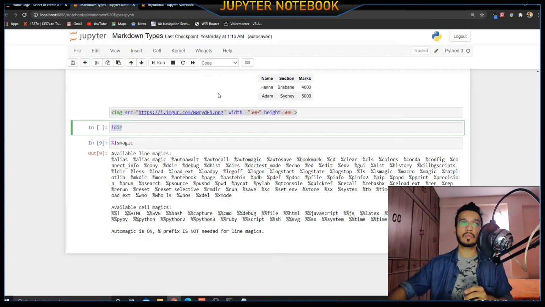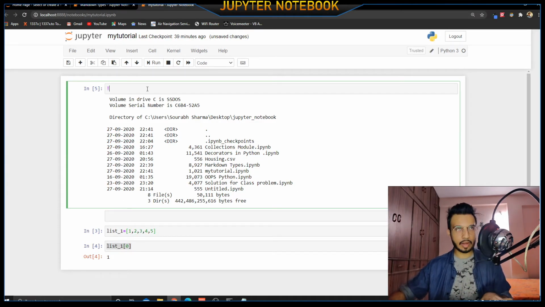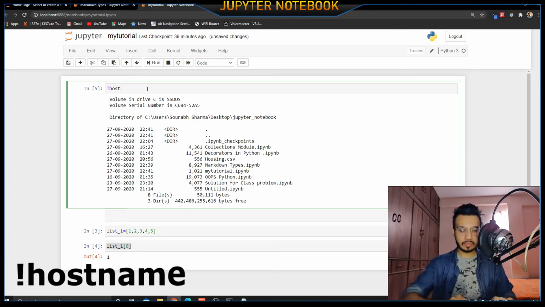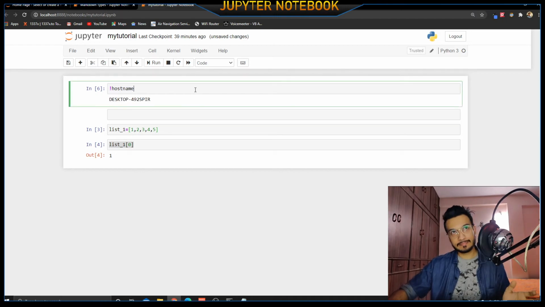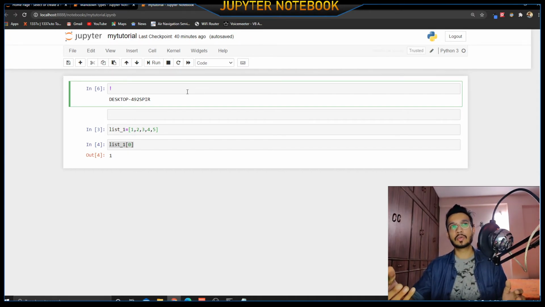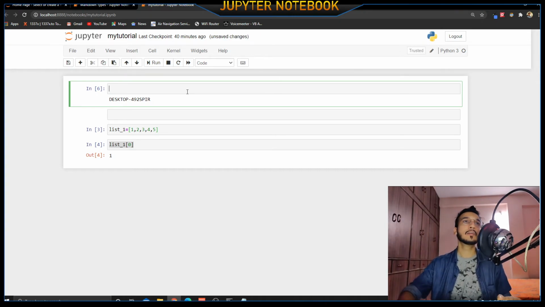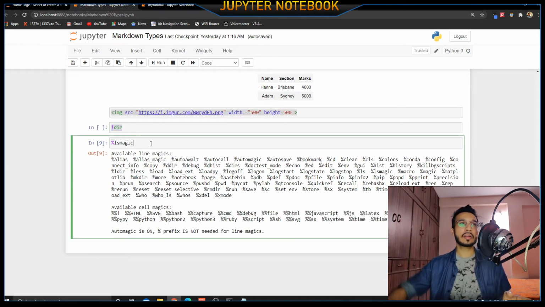We have something more than this. For example, let me just type another command, the hostname. If I type this, I'm going to get my desktop host name. So these commands are the legacy commands, and you can use any command you want. You can even do a pip install, you can run Python, you can do everything with this terminal. So it basically enables you to run the commands that you could run in your terminal, but you just run it here itself.